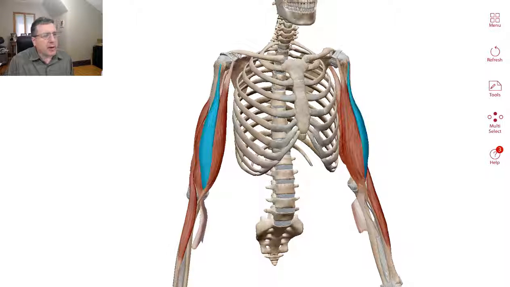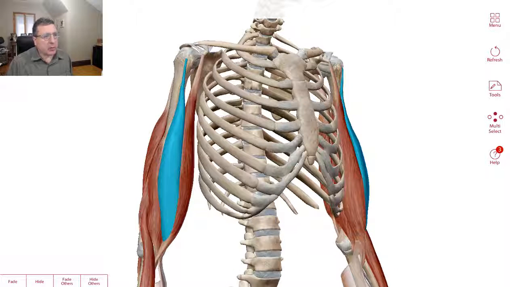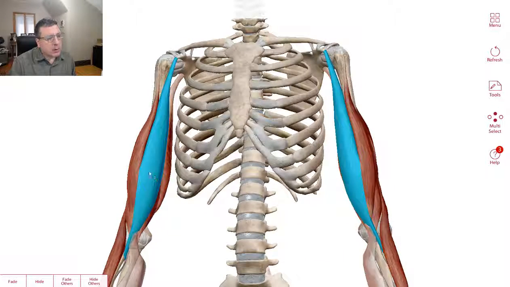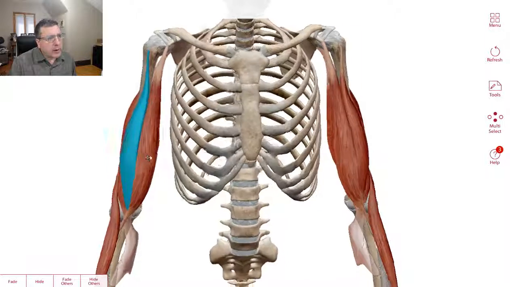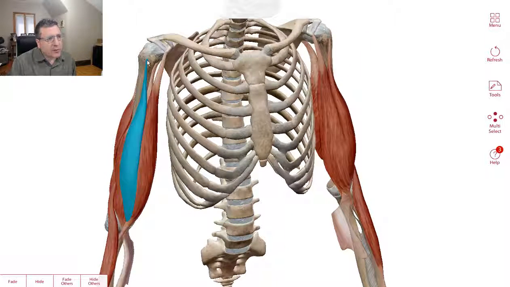So we're going to have a long head of the biceps. Again, this is going to be your anterior arm area. And then your short head is going to be this one. Now, the origin looks like it's on the humerus. Actually, it's going through this intertubercular groove. So if you're looking at the models, it's going through the intertubercular groove, and it comes up and inserts into